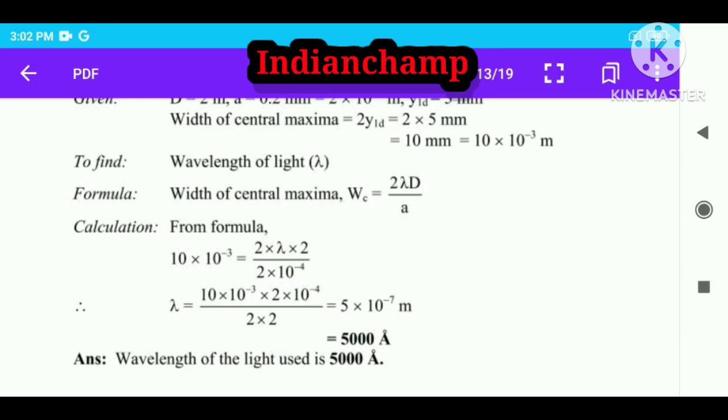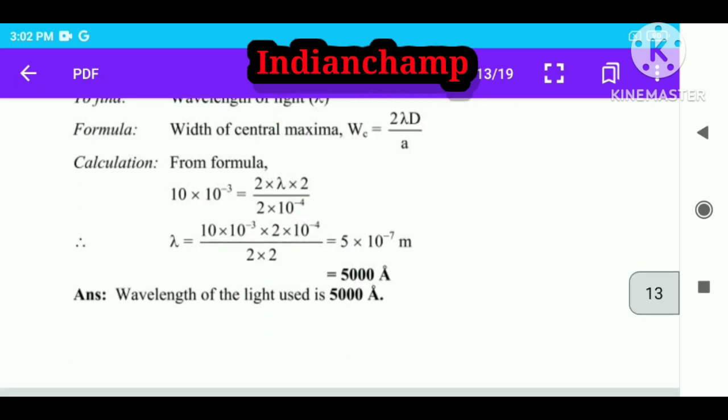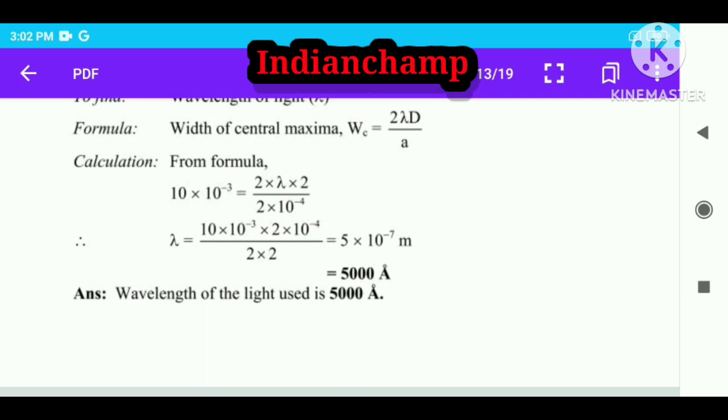Calculation from formula. 10 into 10 raised to minus 3 is equal to 2 into lambda into 2 divided by 2 into 10 raised to minus 4. Therefore lambda is equal to 10 into 10 raised to minus 3 into 2 into 10 raised to minus 4 divided by 2 into 2 is equal to 5 into 10 raised to minus 7 meter is equal to